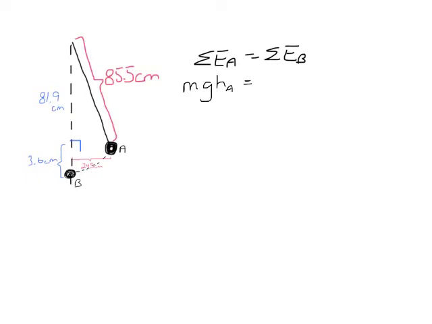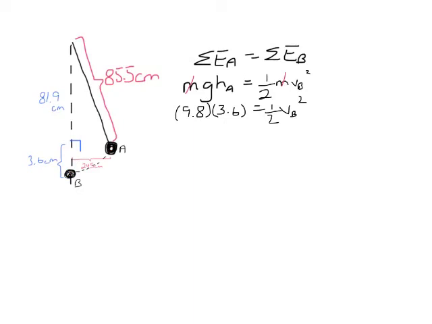If you take a look down at point B, the only form of energy we have is kinetic energy, assuming that this is our reference point, the lowest point. So you should have kinetic energy, which is 1/2 mv squared, at point B. You may notice that they never give us the mass of the pendulum, so it doesn't really matter because we know that the mass stays constant from one point to another. So let's plug in the variables that we know so far. 9.8, the height at point A with respect to the lowest point is 3.6 centimeters, and all that's got to be equal to 1/2